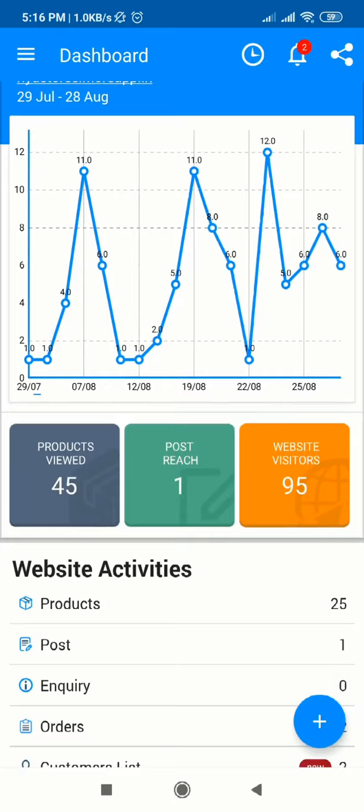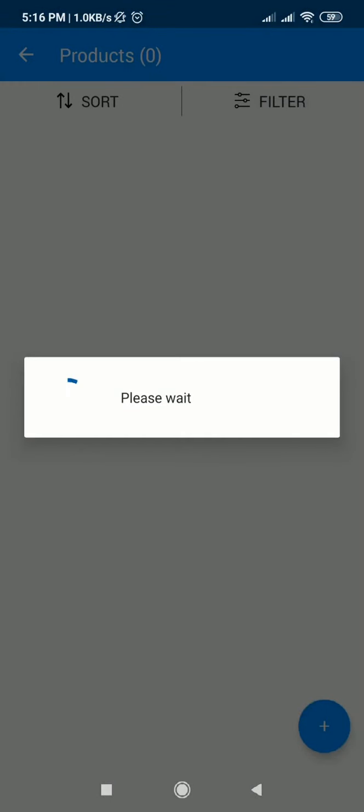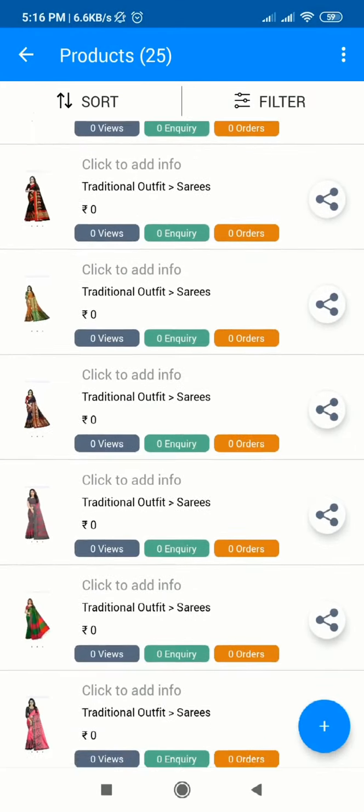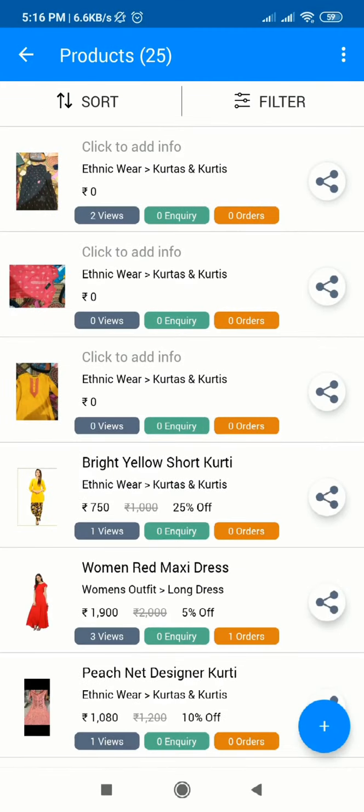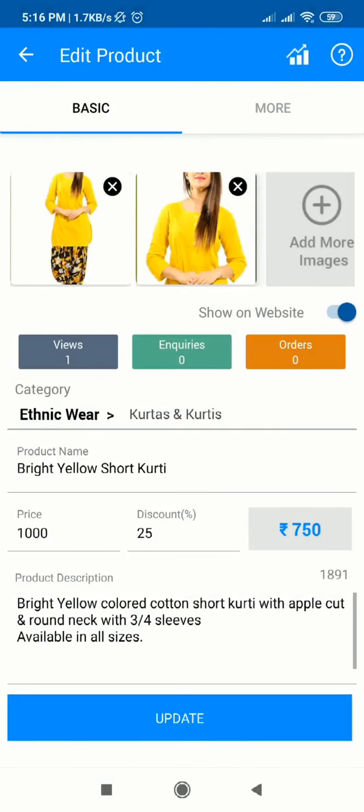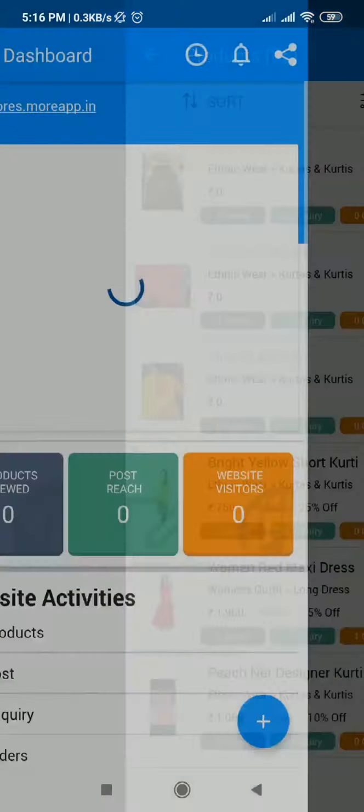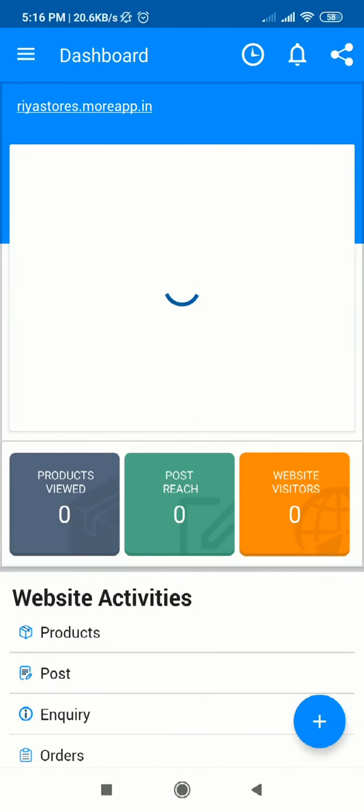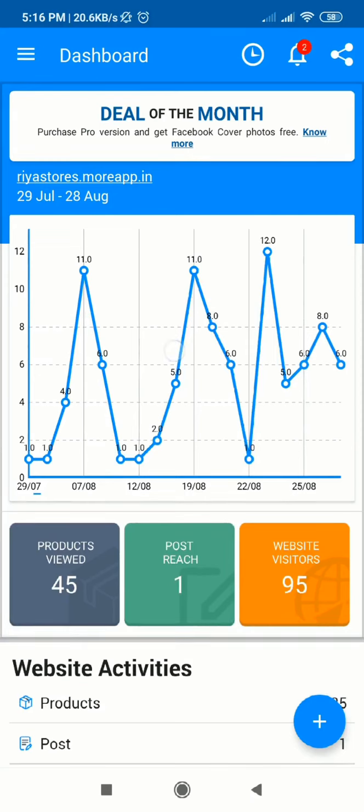Now same way, if I am writing up something about the other products in my list, so if I am writing something about say this kurti, so here what I'll write in specifications, if I want to mention about the fabric, so I'll write cotton, and if I want to mention about the sleeves or the pattern of the kurti, so that also I can specify it. It differs product to product. Hope you all have understood about the specification management,